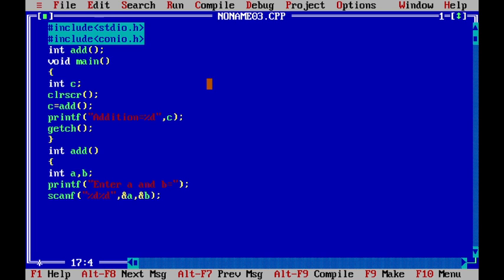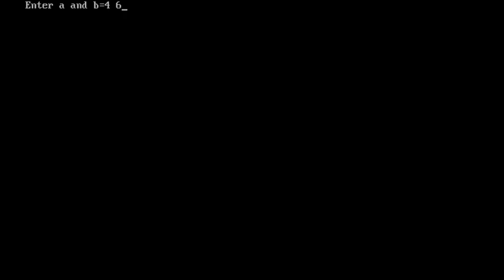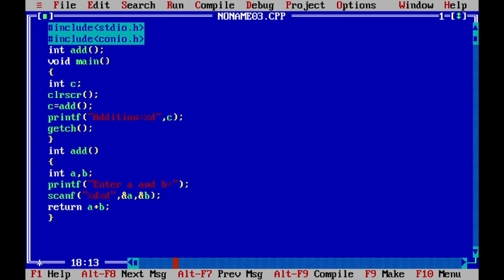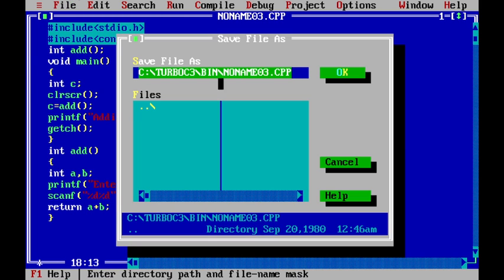Okay, now return a plus b, bracket completed. Now if you compile, zero errors. Here we return the value of a plus b to c and print c in the main function. So no argument, but the user defined function returns the value a plus b. If you run and enter, say, 4 and 6, you can see the addition is 10. So this is the third type. If we save this file, it is type 3, that is F3.